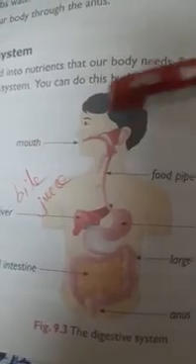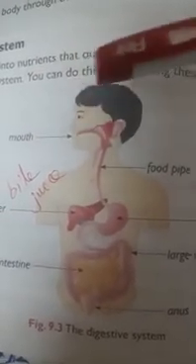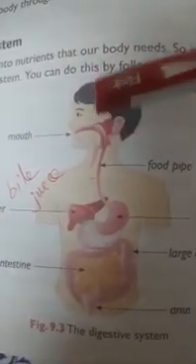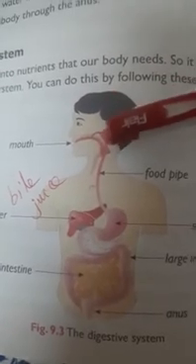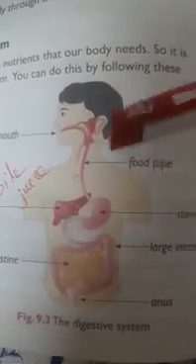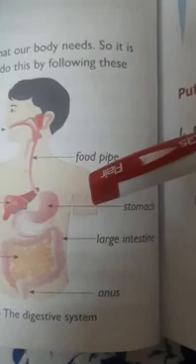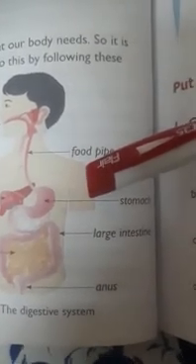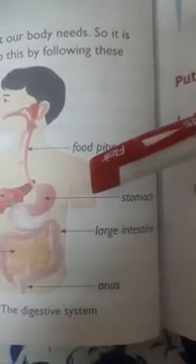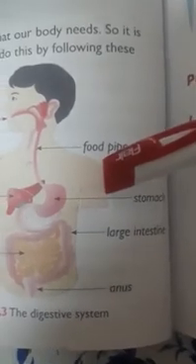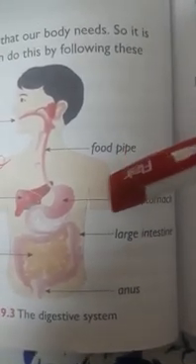Here is the diagram of our digestive system. It starts from the mouth where we take in the food. Then chewing of food takes place in the mouth, in the buccal cavity. Okay, then food passes through the food pipe and it enters the stomach. In the stomach some acids and enzymes are produced. They help to break down the food particles further. The stomach churns the food into a thick soup-like paste.